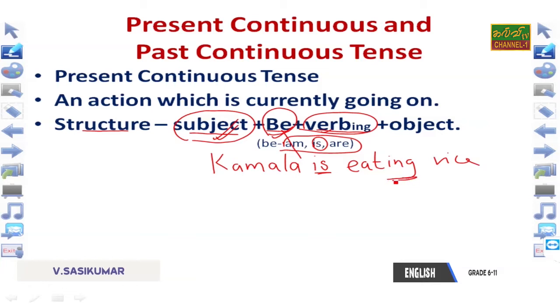So dear students, under the structure, we want to understand this structure. From this structure, we can make the sentence with present continuous. So, it is very necessary. Don't forget. பிள்ளைகளே,